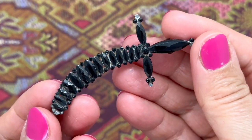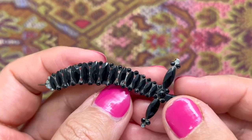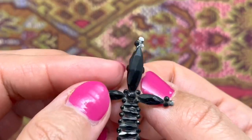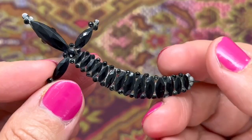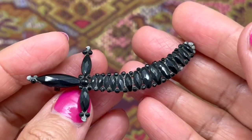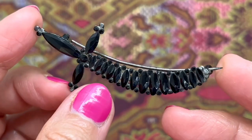My name is Kat, and today we'll be discussing this beautiful sword brooch, and I think this is a French piece. As you can see, it's got really lovely black colored glass beading, and this is what's called Vauxhall glass or French jet. It's a simulation or imitation of real black jet that was mainly found in Whitby, Britain, and it gained its popularity during the Victorian era, where Queen Victoria, when she was very young,